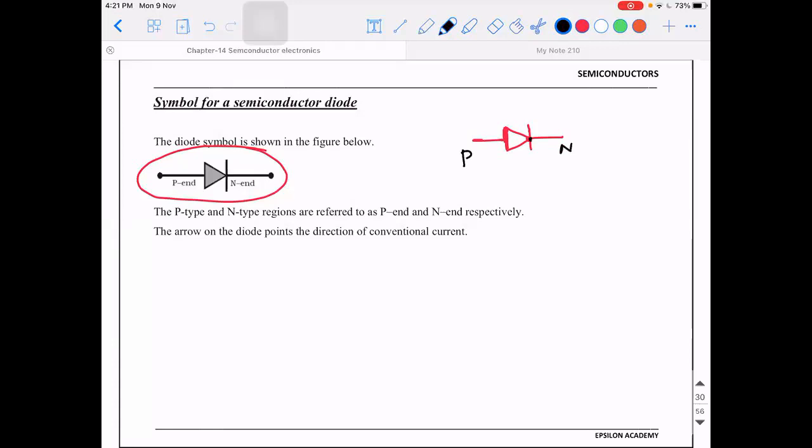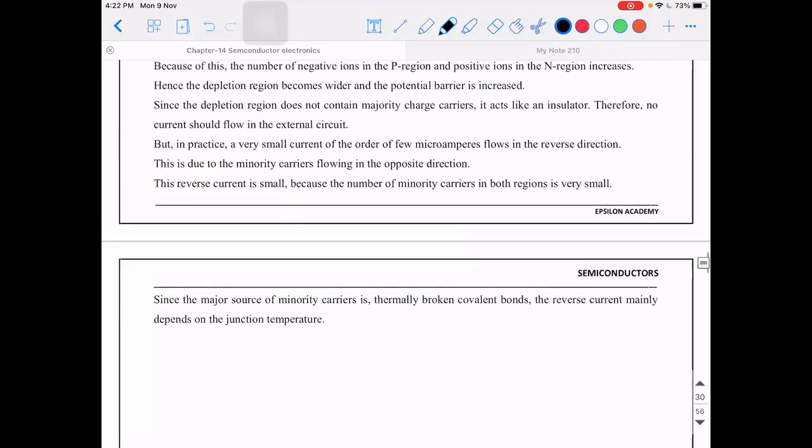Going forward, we'll not be drawing that box again and again. We'll draw something like this, like how we draw a resistor. For a resistor, there is nothing like a positive and negative side, whereas for a diode, you have a positive side and a negative side. That is, you have P type and N type. Have this in your mind.